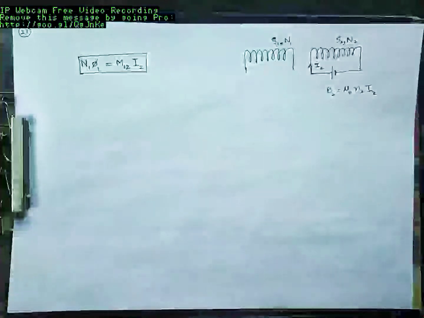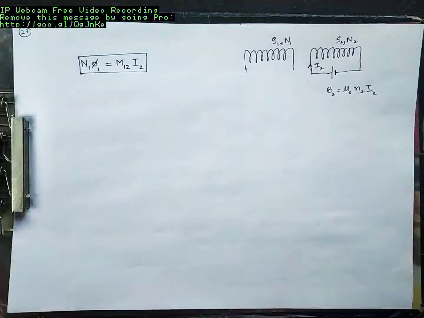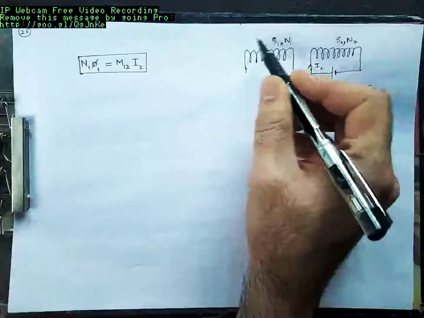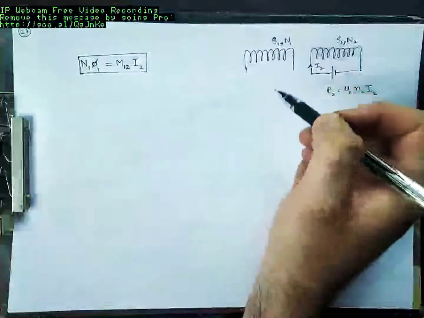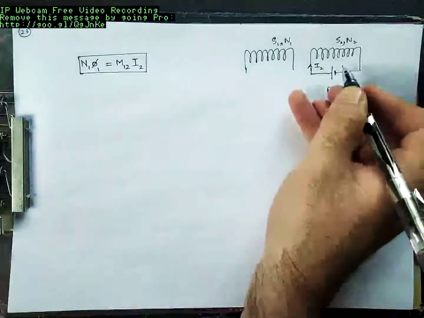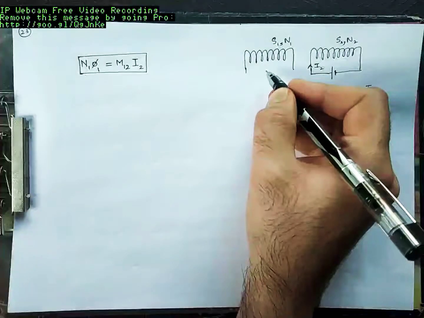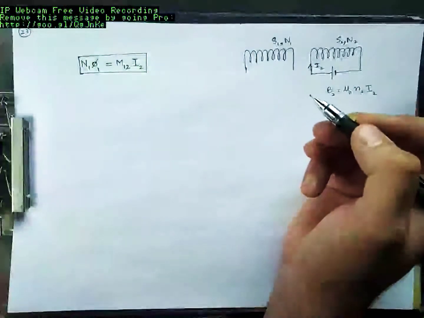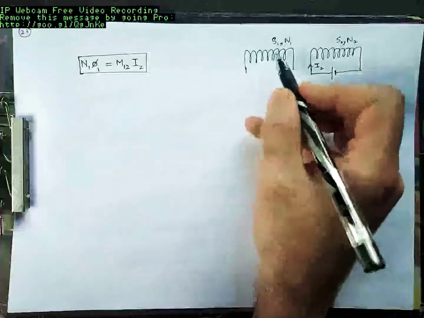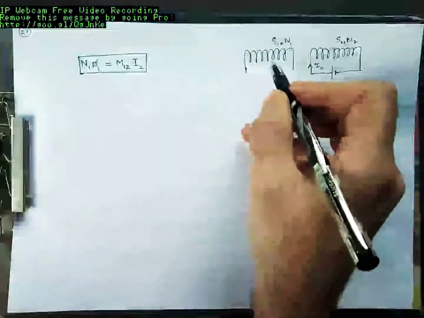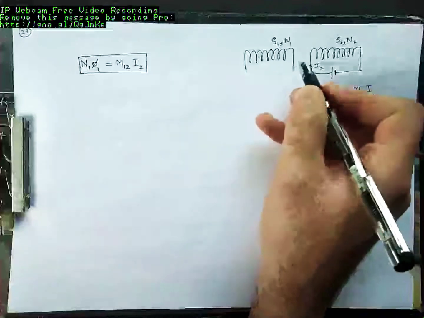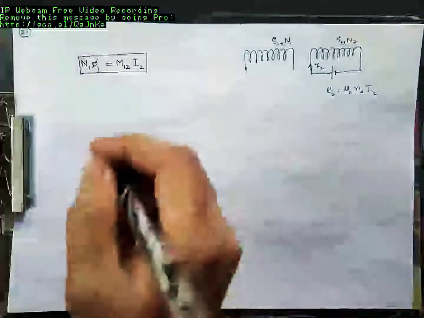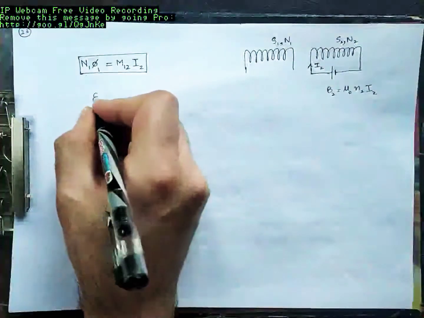Now if I ask you, what is the voltage induced across this solenoid S1 or coil S1? If you remember Faraday's experiments, when current through one of the coils changed, there was a deflection of the galvanometer in another coil. This is the same experiment. Now the flux through this coil is N1 phi 1. What is the voltage that will appear across this coil S1? Do we have an expression for this? Yes, we do. We know the induced EMF E1